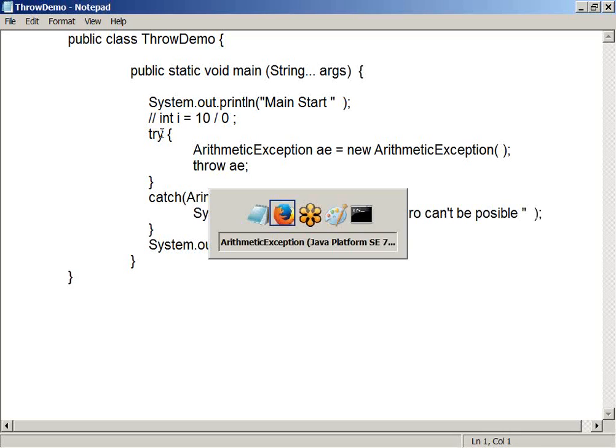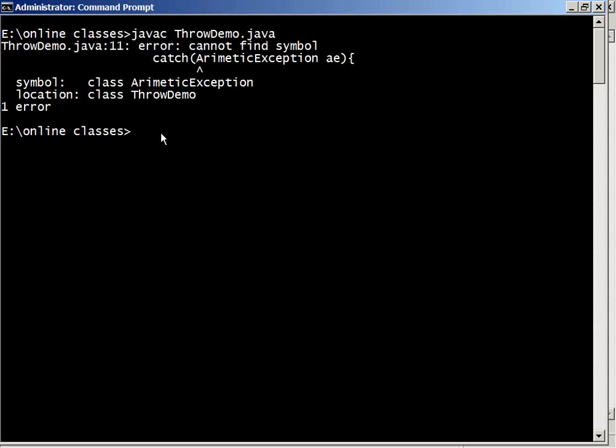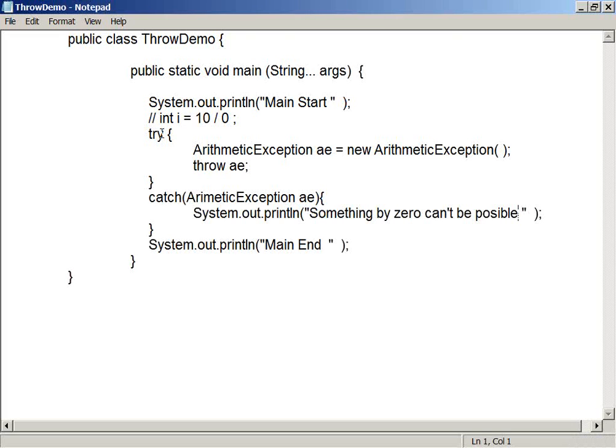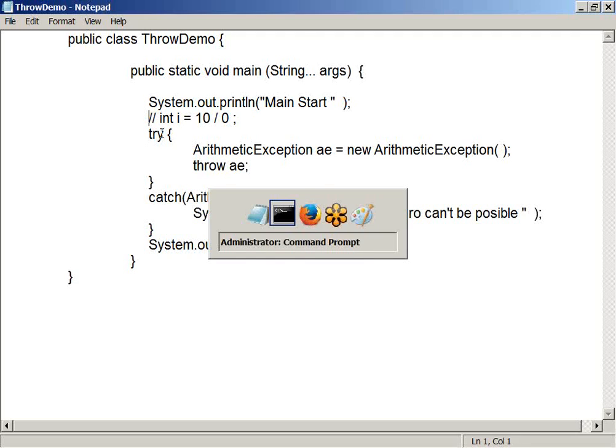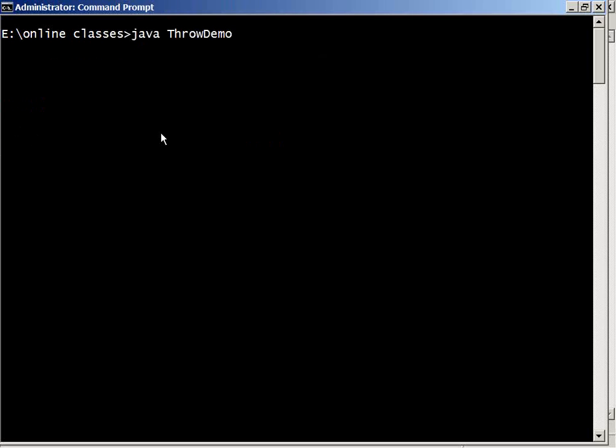So we'll see that here. Arithmetic exception, it's fine. No problem. That commented statement is not required. So main start, something by 0 cannot be possible, and main end.